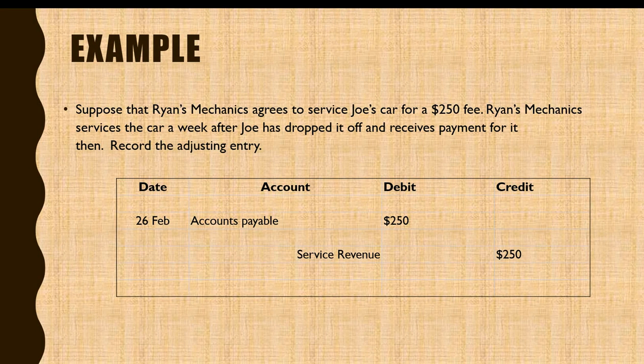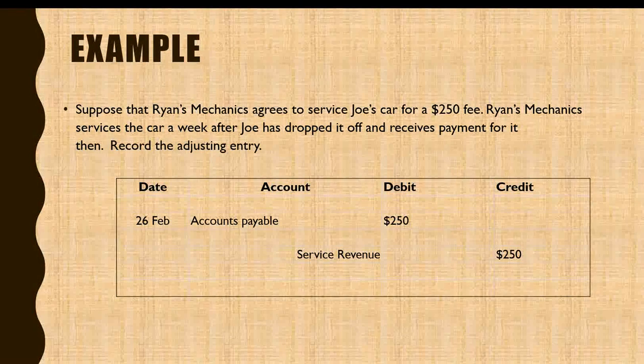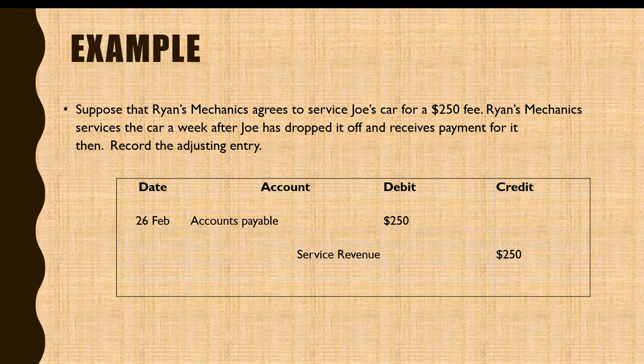Suppose that Ryan's Mechanics agrees to service Joe's car for a $250 fee. Ryan's Mechanics services the car when Joe has dropped it off and receives payment for it. Then record the adjusting entries. We would debit accounts payable for $250